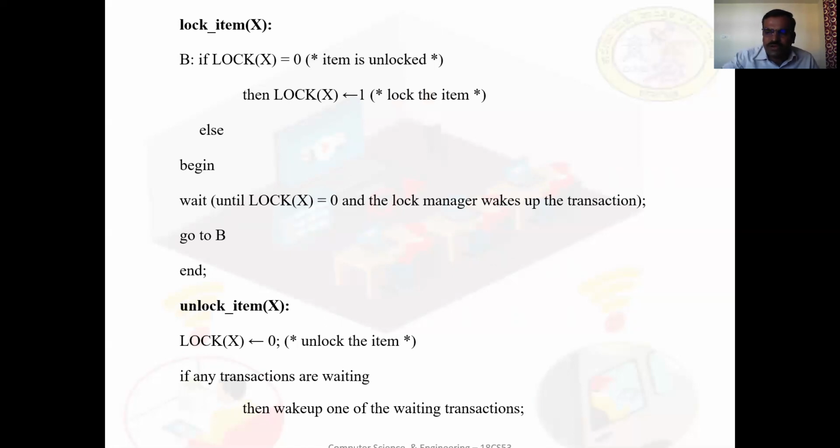Other transactions that also wait to access X are placed in the same queue. Hence, the wait command is considered to be outside the lock_item operation.